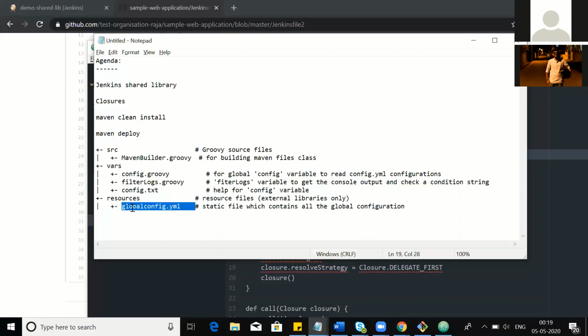The developers can name it any name, but the same name should be pointed to in the Jenkins file. In that case, the global config.yaml which is present will get overridden with the goal which you specify there.